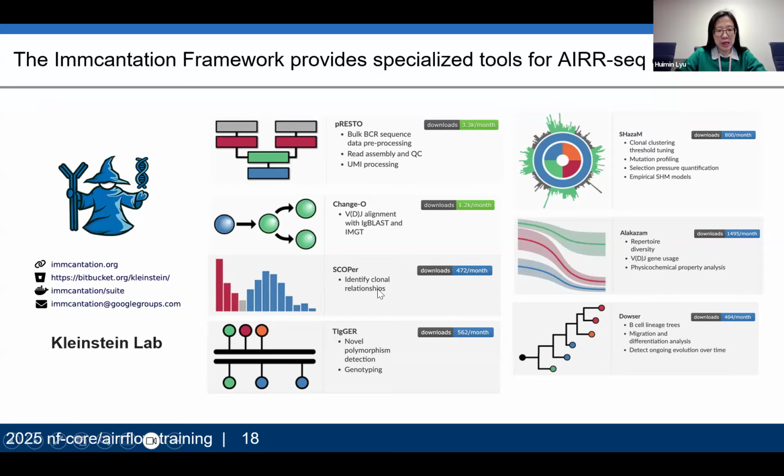That's what we do in our lab. In Kleinstein's lab, we have developed and we are maintaining a lot of tools. It's the Immcantation framework, where we have a bunch of toolsets to do AIR-seq analysis. Like Presto is to do sequence assembly, and Change-O is VDJ alignment with IgBlast and IMGT, and Scoper to do the clone analysis, and Dowser, the